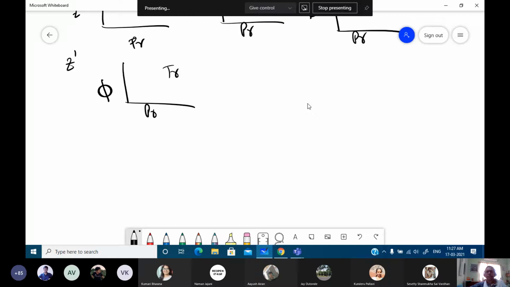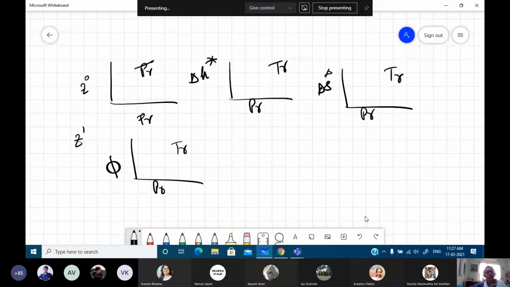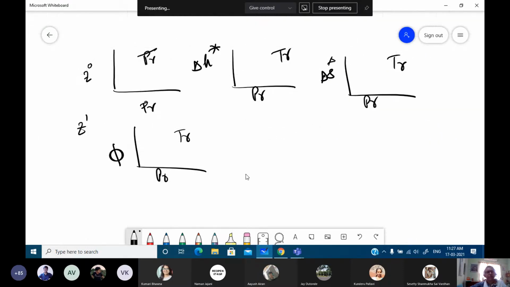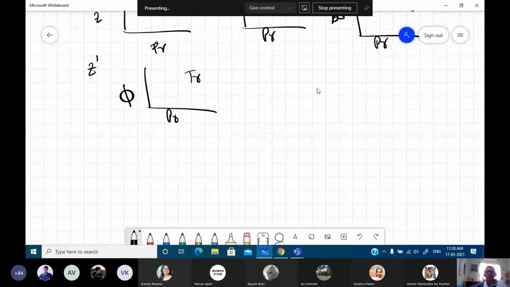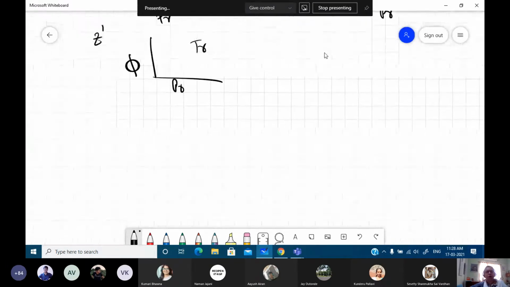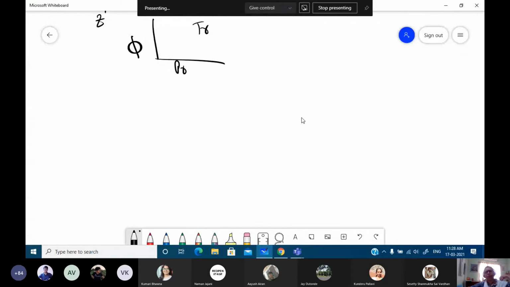Other than these charts, you do not need any more charts for the class for the time being. You just need charts of Z0, Z1, delta H star 0, delta H star 1, delta S star 0, delta S star 1, phi 0 and phi 1. And for most of the cases, you will be dealing with Z0, delta H star 0, the two parameter law of corresponding states. The three parameter we mostly use in actual situations, but for the time being in the class, we will not be going into it. For some cases we may use it, otherwise we will not use it. Okay, is it clear to you?